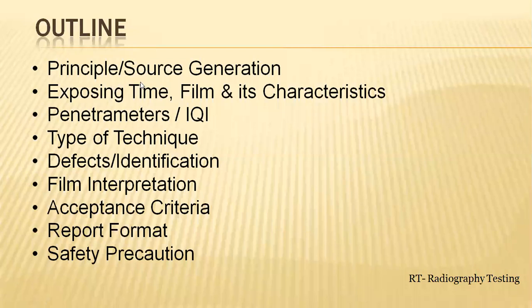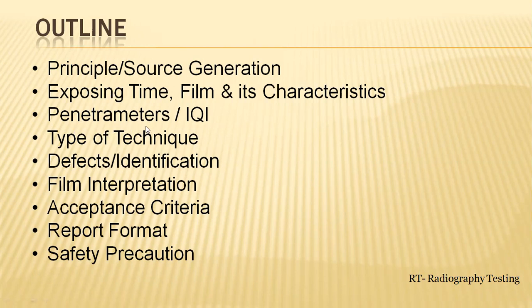What is the major principle of this radiographic testing process, and how much time does it need to be carried out on an experimental basis? What are the film considerations that need to be taken and its characteristics? And you need to obtain the film orientation, meaning pictorial representations of it. The rays will pass through the object, and their reflections will be captured on the film, and the film characteristics will be obtained depending upon operating parameters.